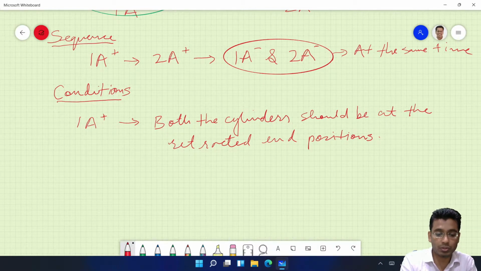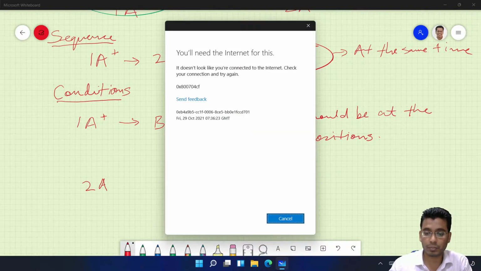2A plus. Okay, so let us define the condition for 2A plus.